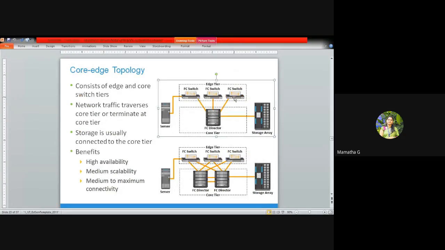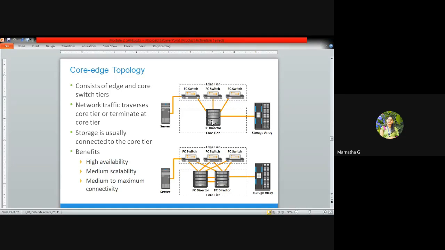You can see here, the first switches which are connected are the edge tier, and you have a director in the core tier. We have the edge tier and the core tier, and you can observe the server is always connected to the edge tier and storage is always connected to the core tier. This is the difference from mesh topology, where we only deal with one area.